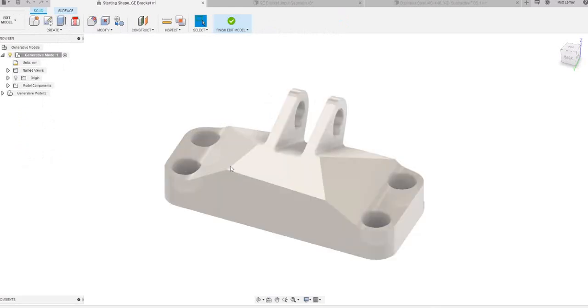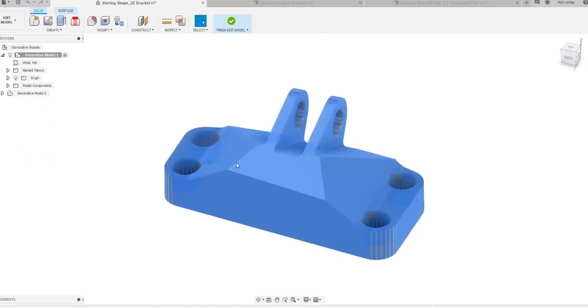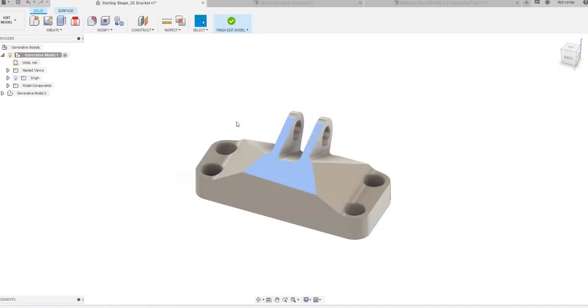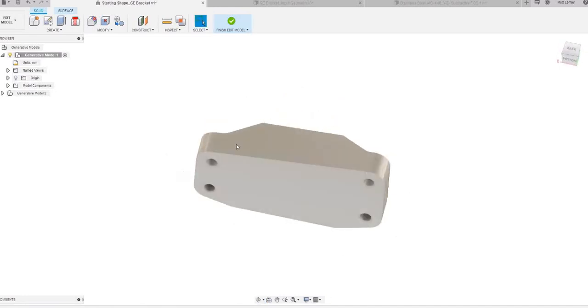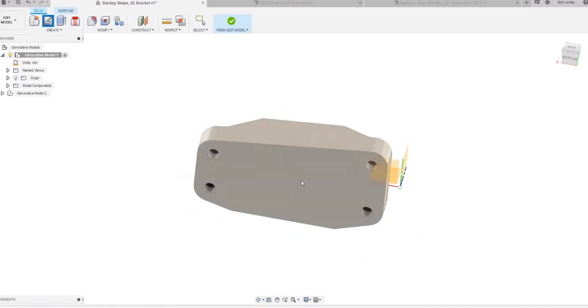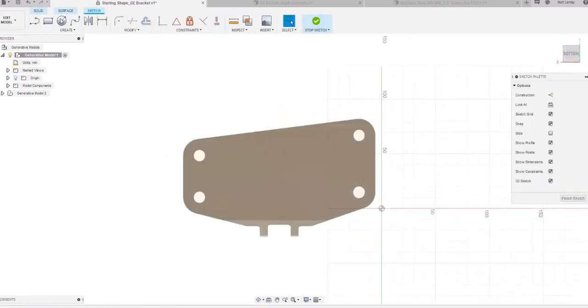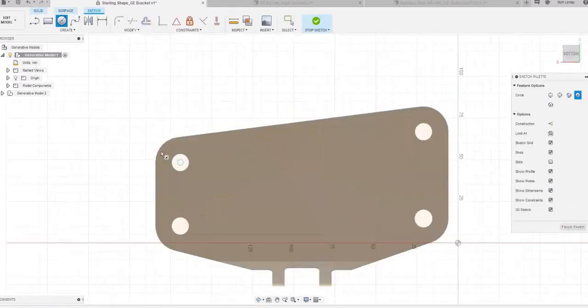So here, the first thing that I might do is make a copy of this component so we can use this later to extract some of those geometries from. The first thing that I might look at is creating those pins. So if we create a sketch on this lower face, and again, this is just one of a couple different ways to do this,